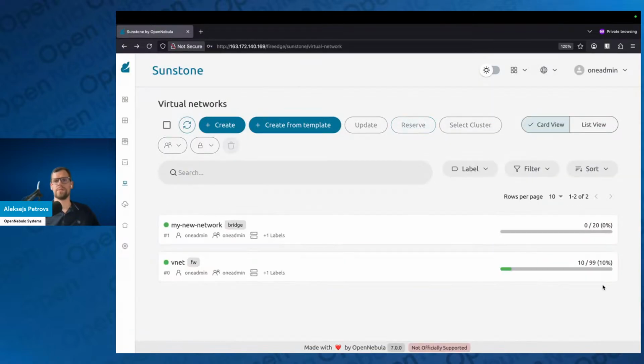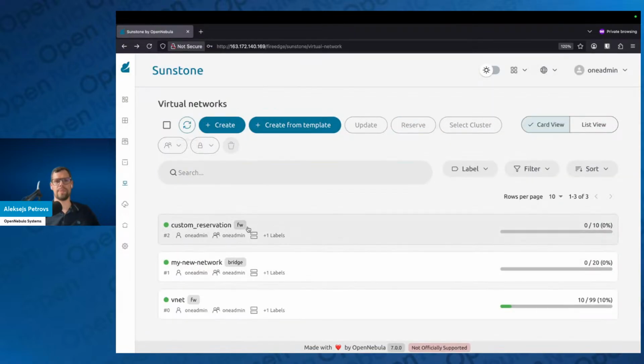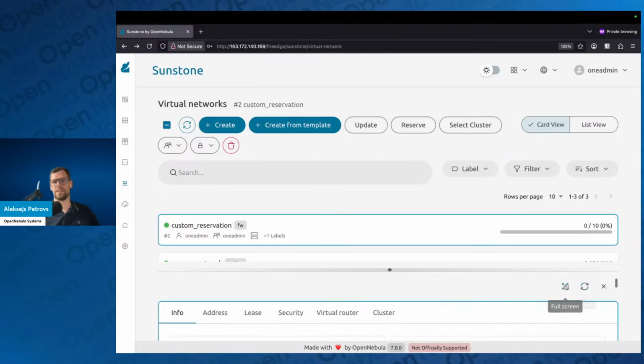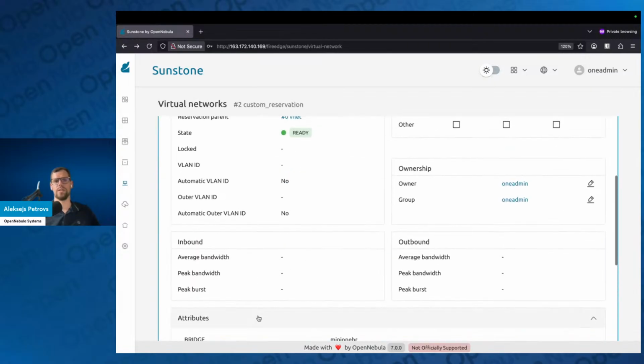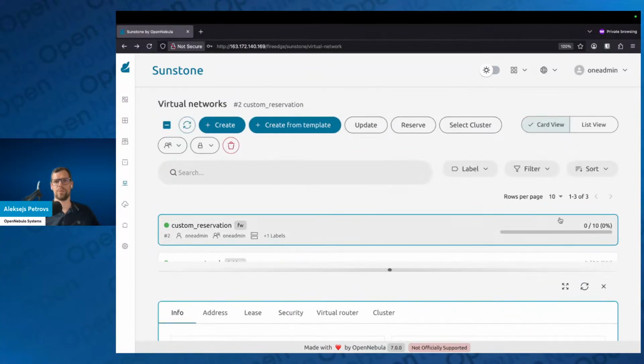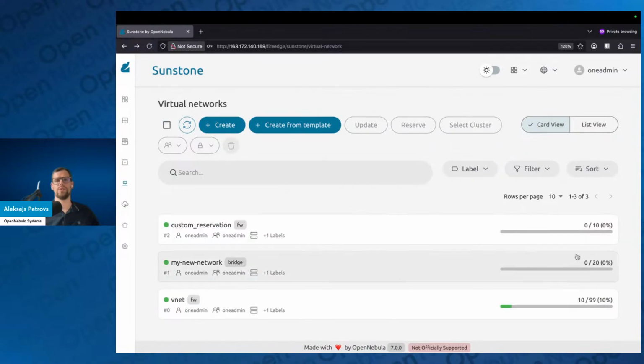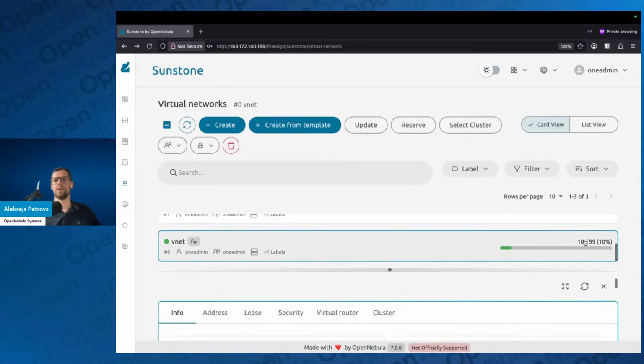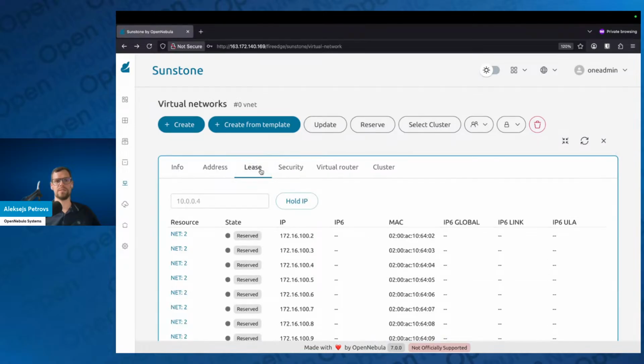Now what happens is I'm going to have a new network with exactly the same settings. This one is going to inherit the very same settings from my parent network, and it is going to reserve 10 IP addresses starting from the lowest one. The first one was 172.16.102, then 10 IP addresses from there. As you can see, the parent network now has 10 IP addresses reserved, right? So if I go to the leases,